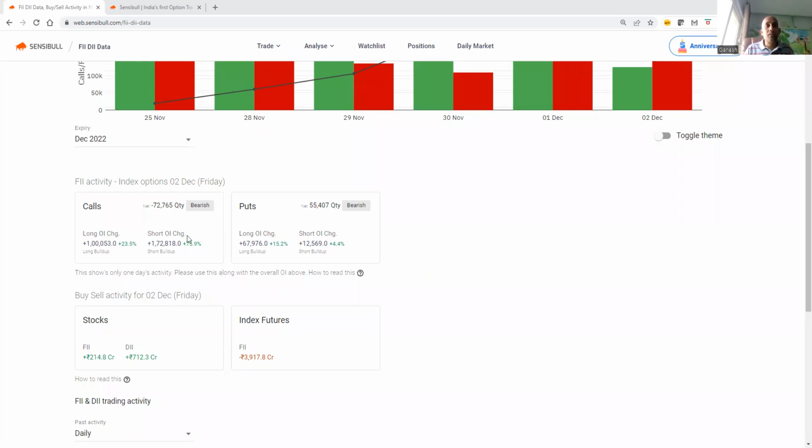So overall, looking at this open interest, we see this market is bearish. That is the result they also display here. Let me take this annotation. So here they already tell us the view is bearish. FI's view is bearish based on the FI activity over index options. Right? When it comes to stock options,